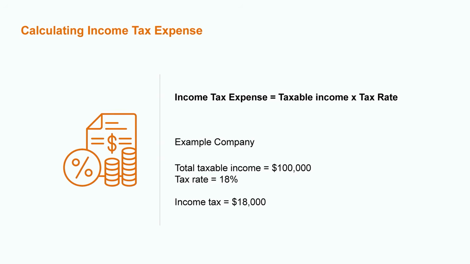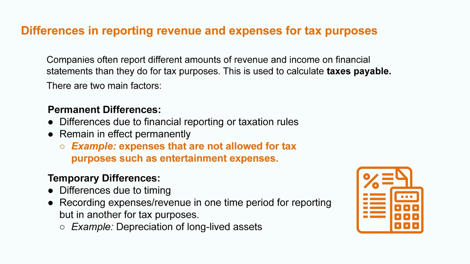The amount of revenue and expenses in a company's financial statements may differ from the amounts reported for income tax purposes, which are ultimately used to calculate the taxes payable for a company. The differences arise as a result of two factors. The first is permanent differences, which are differences due to financial reporting or taxation rules that result in differences that will remain permanently. An example of this is certain types of expenses that are not allowed for tax purposes, such